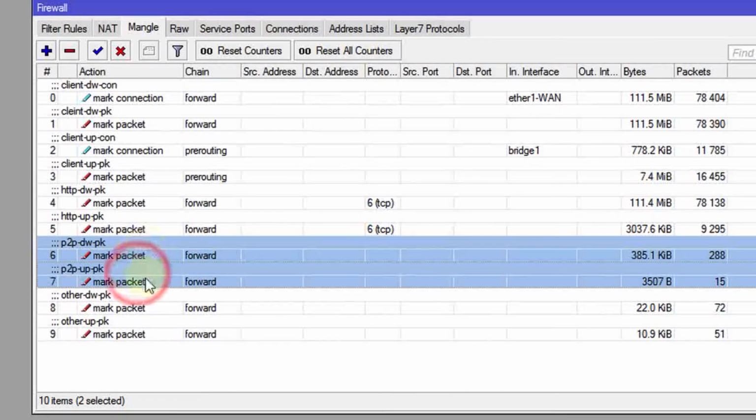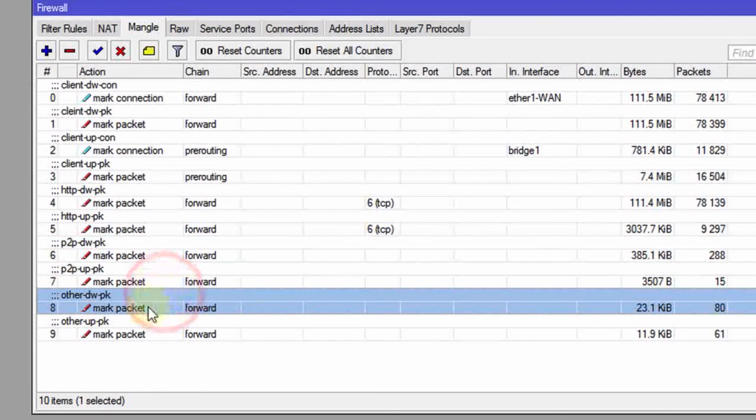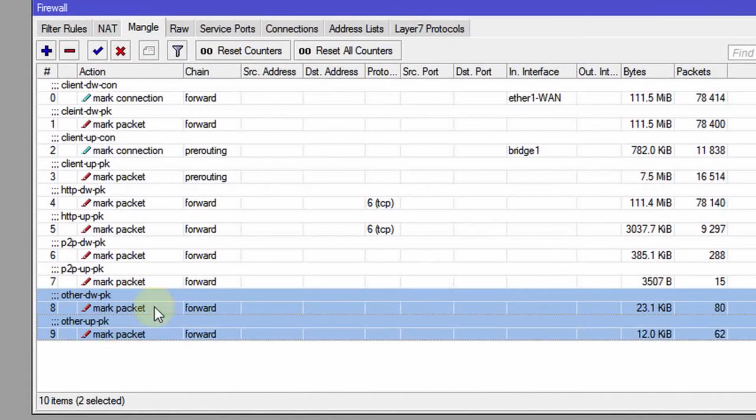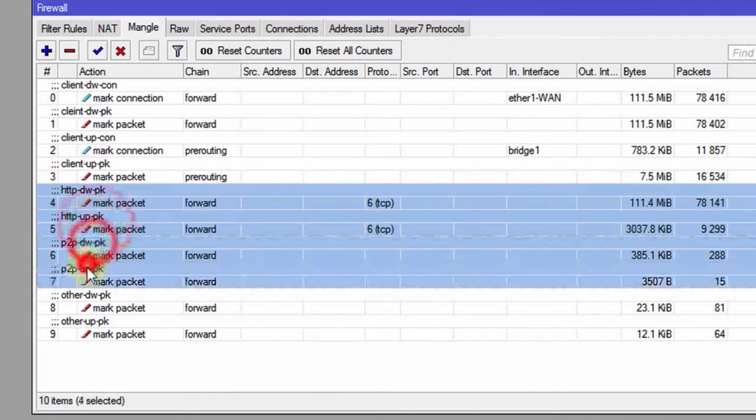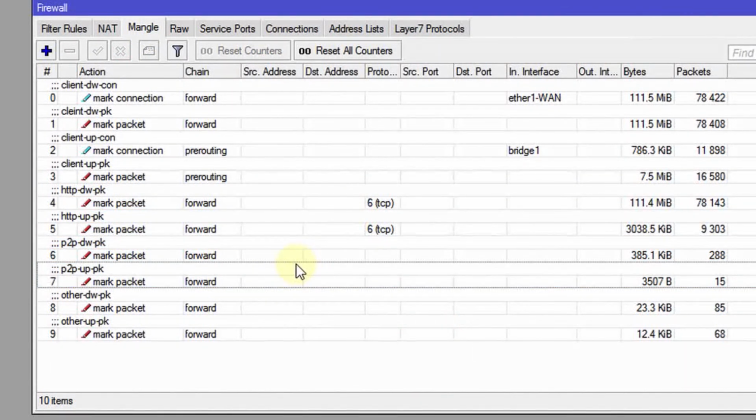So these two rules will be managed in peer-to-peer traffic to mark all the packets that meet this criteria, and then other download is any other traffic that doesn't meet HTTP or peer-to-peer, any other traffic. So the next step now is that we're going to use these rules to manage the bandwidth